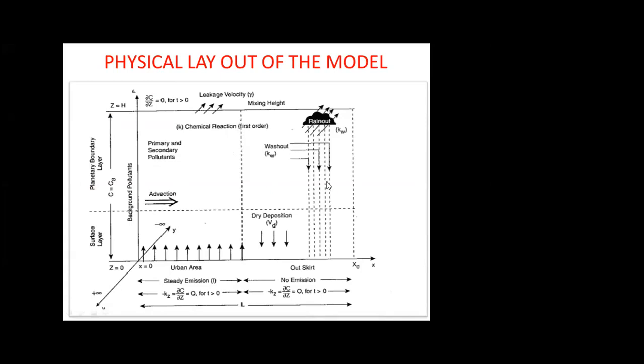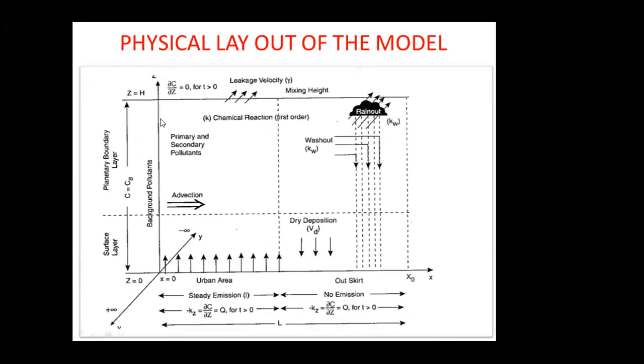And the washout, this is again a removal mechanism, because the pollutant is deposited on the ground because of the rain. Rain out is also there, and washout is there, two different things. And dry deposition, but the chemical reaction always happens in the sense that the primary is converted to secondary, so that is also an issue here. So all these removal mechanisms can also be incorporated in the